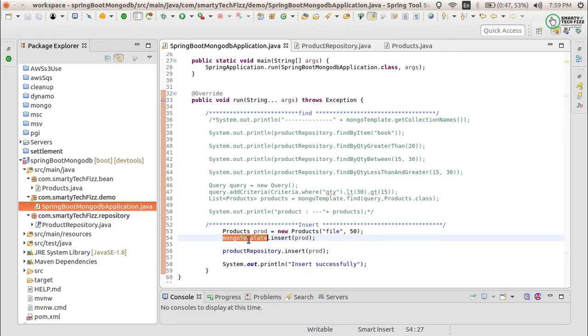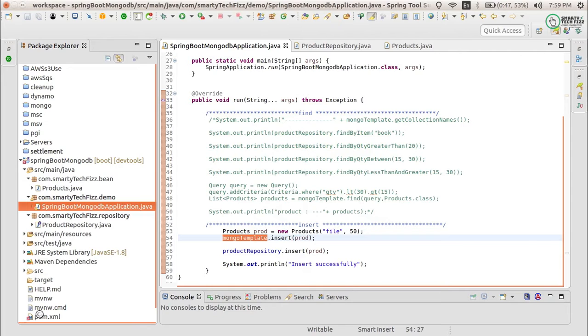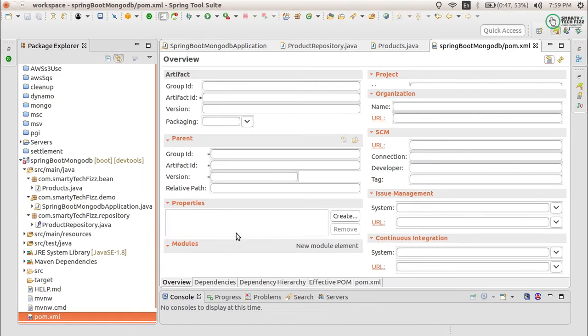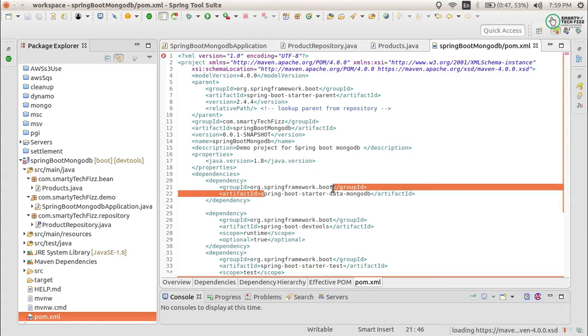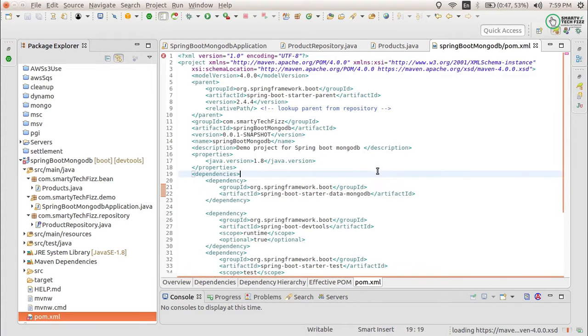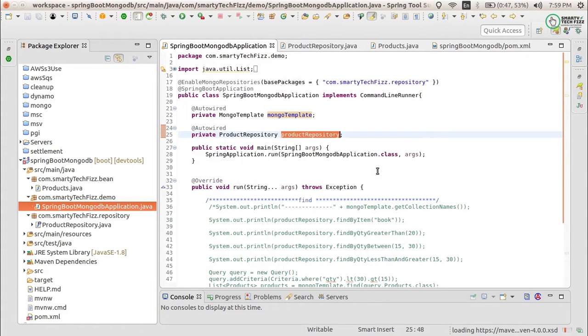This is all related to Spring Data MongoDB that we have configured in our pom.xml. If I show you, this is the Spring Boot Starter Data MongoDB, and this is what we are going to use.